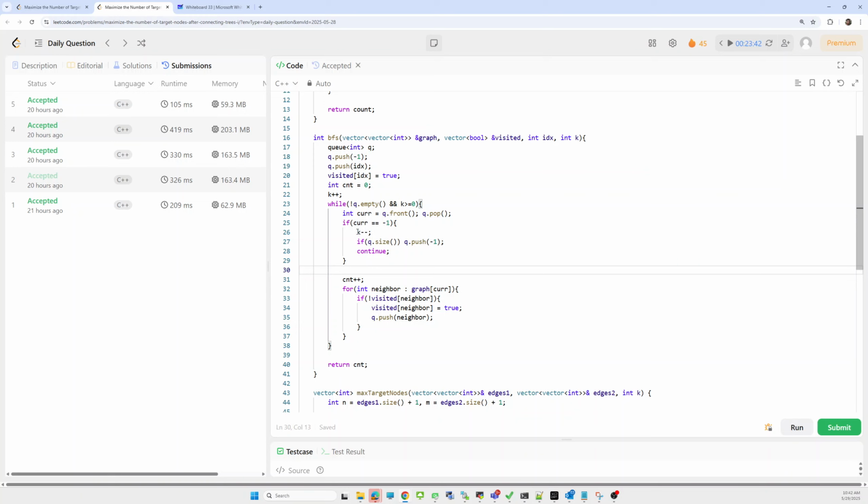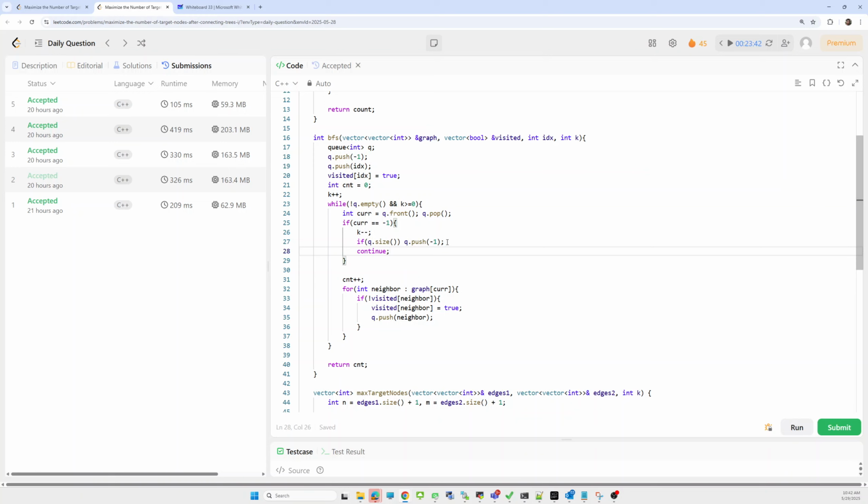So we have to update our k value. Next we have to check for the next level. Again we need to push -1 to indicate the next level.